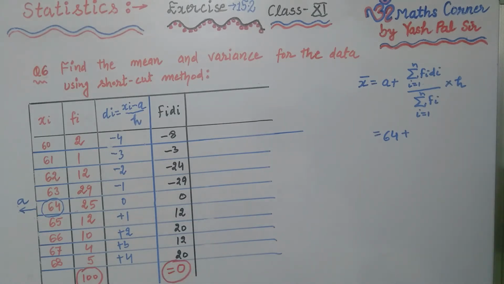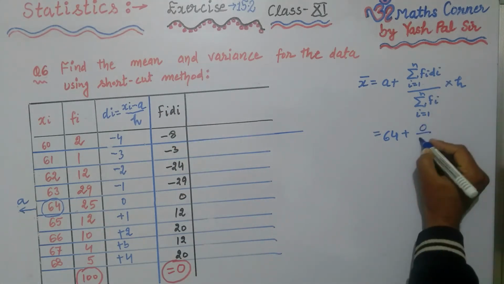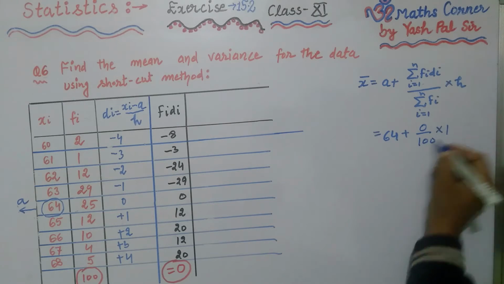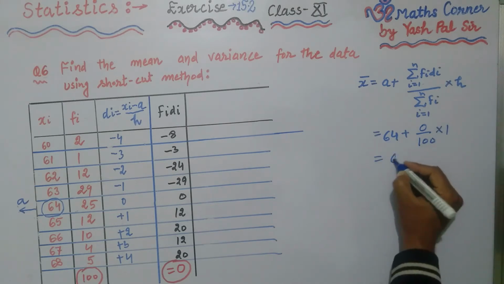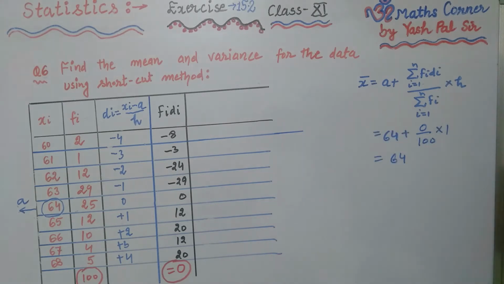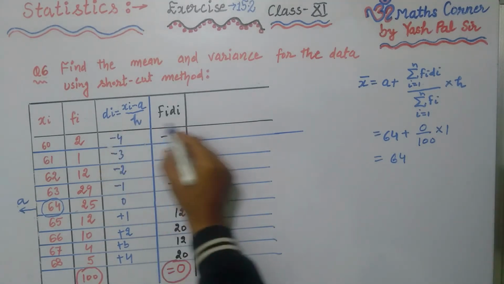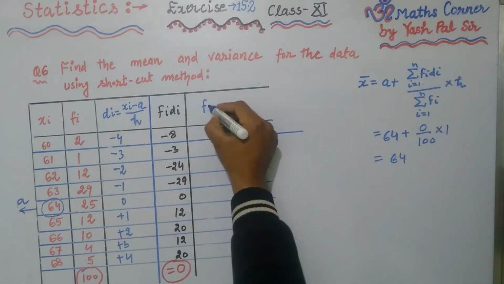Right? Now we substitute this value. This fi di sum is 0, divided by 100 into 1. So finally we get 64. This is the mean. Now what do we do? We find the sum of fi